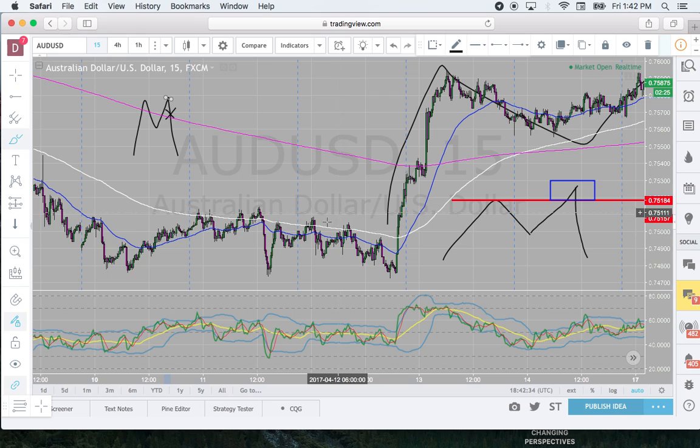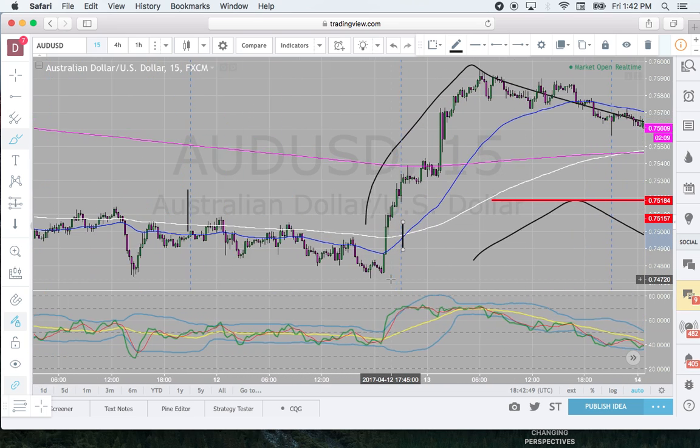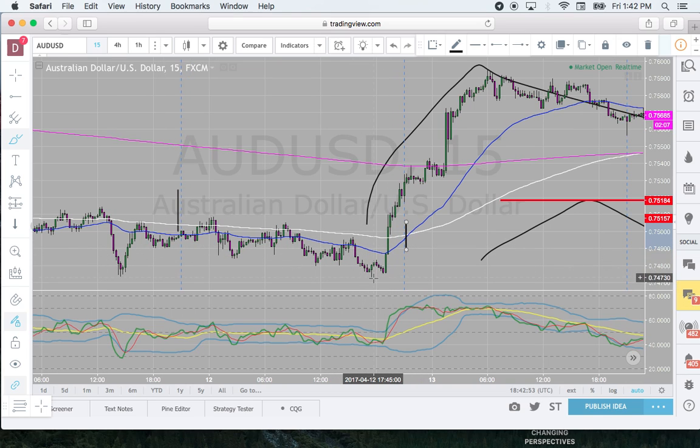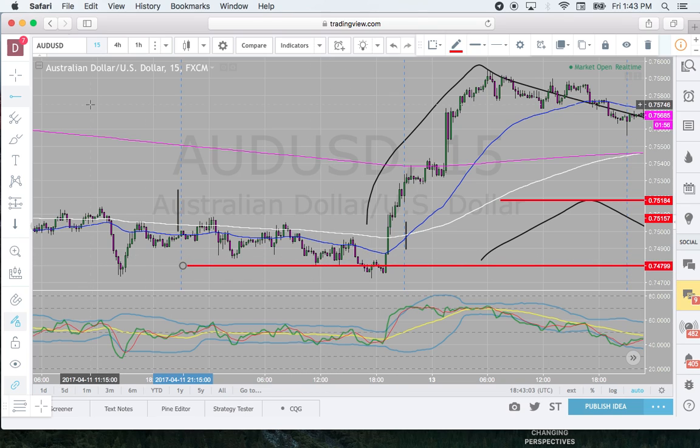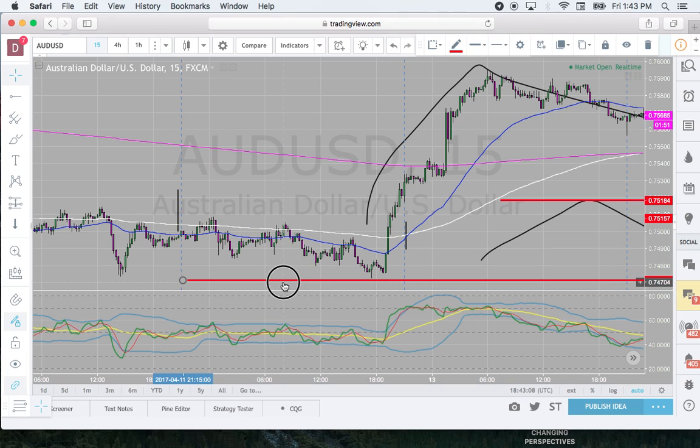Okay, so we can see right here's a perfect example. Here's the beginning of the day. Here is the end of the day. Okay, market makers or the dealer came down and he created the first leg of the W off of the low of the day. Okay, we can see there was a previous low right here, right? And then the dealer came off of that low, broke that low, and then created the new low